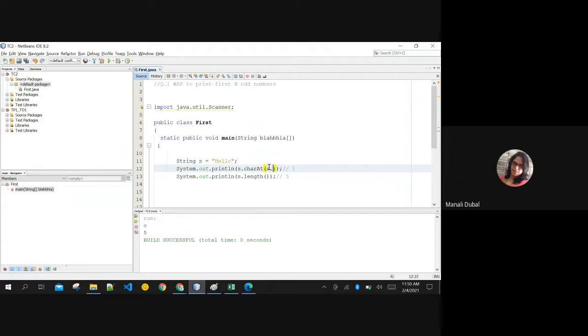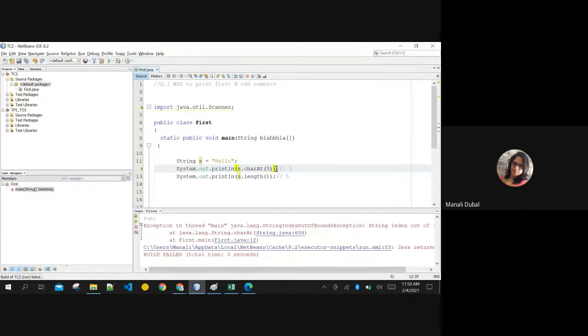Now you tell me this. Now you tell me the output. I'm talking about this character at certain location. Which location you are putting over here? Ma'am, out of bound. Right? Because length is what? 5. It replaces this with 5, and charAt 5 doesn't exist, right? So this is nothing but the error, runtime error, right?